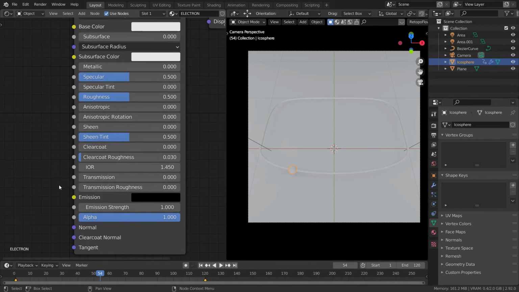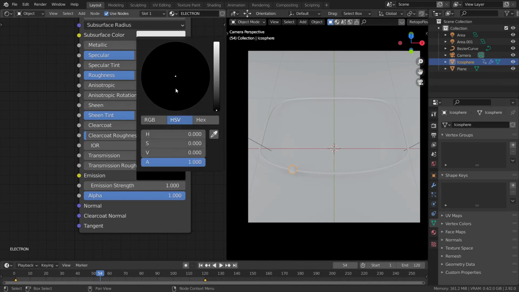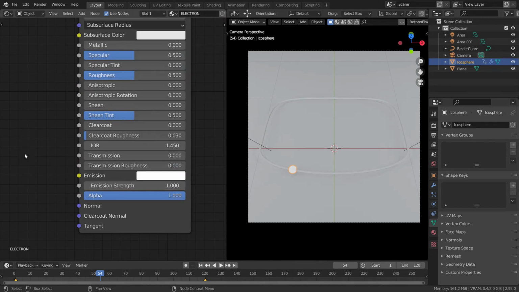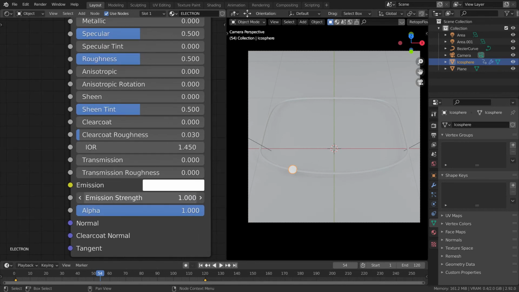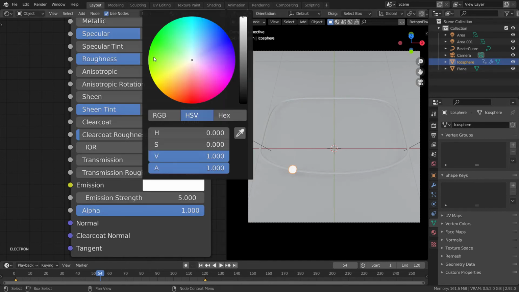And over here, as we want it to emit some light, you can just change the emission to this white color, and then this emission strength will determine how emissive that is. So let's change it to something like 5, and then you can also give that electron a color, which is a little light bluish color.